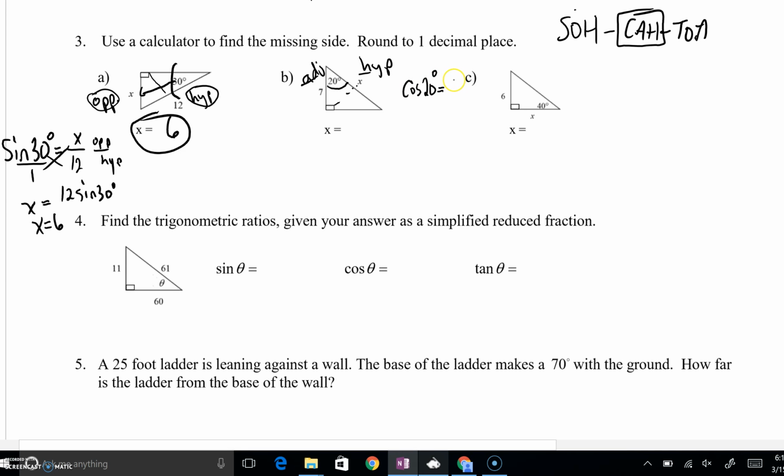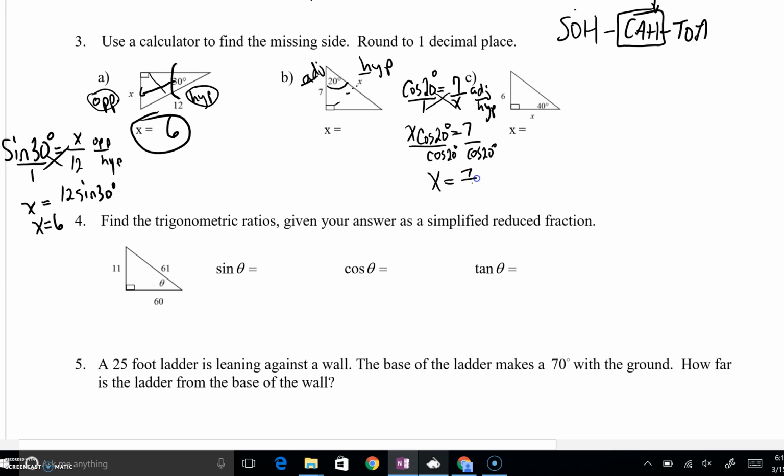Well, the adjacent side is 7. The hypotenuse is x. Again, we have to follow the order. The last letter in the CAH, that's the denominator. The hypotenuse has to go down below. Once again, put cosine of 20 over 1. Let's cross multiply. We'll have x cosine of 20 degrees. 7 times 1 is 7. Then when we divide by the cosine of 20 degrees,